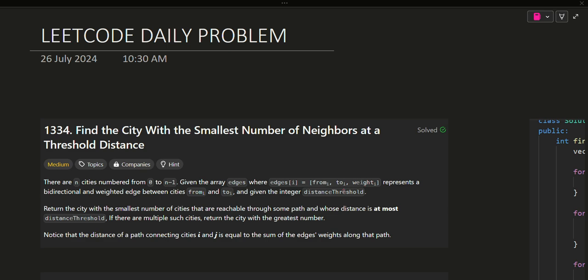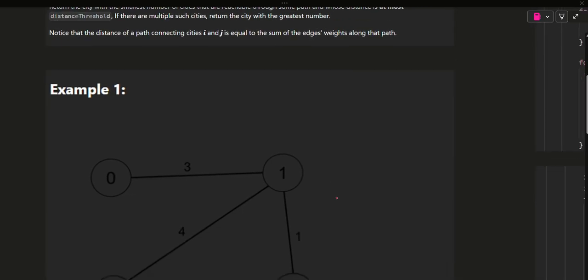and you are also given an integer distance threshold. Let's assume a person is traveling from a city to another city, then the person can only travel a maximum distance of the distance threshold. So we have to return a city from which the person can travel to the minimum number of cities compared to all other cities. For example,